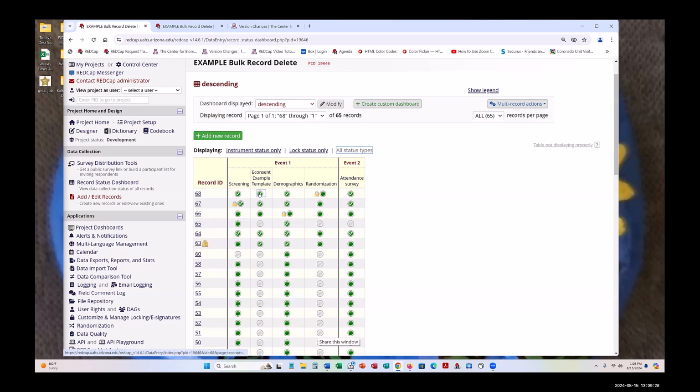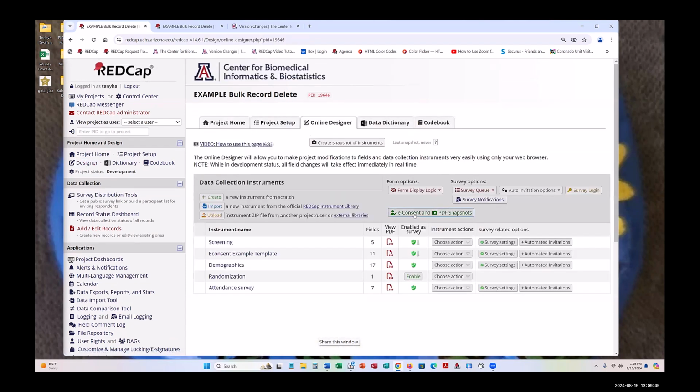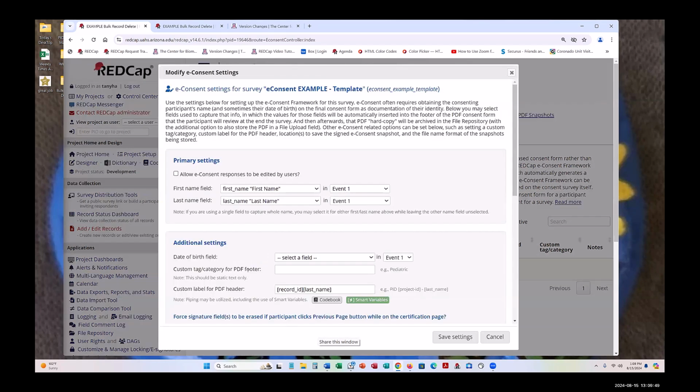We also have e-consents. If the selected instrument is a completed e-consent response, and e-consent responses are not allowed to be edited per the survey's e-consent settings, you're going to find that area over here in your e-consent. Go back into your edit settings, and if this has not been selected,